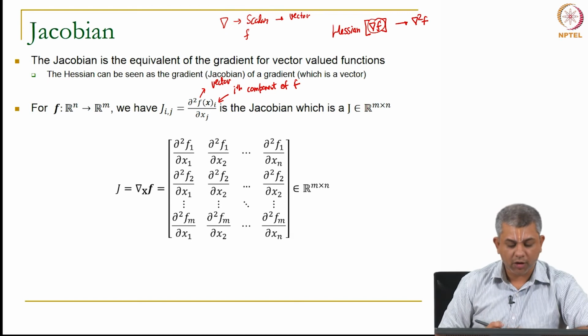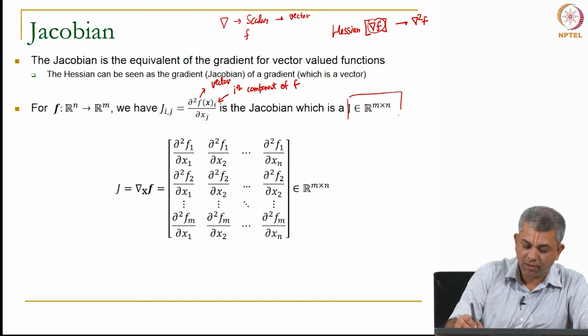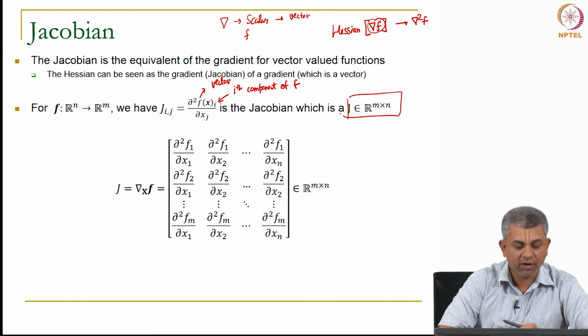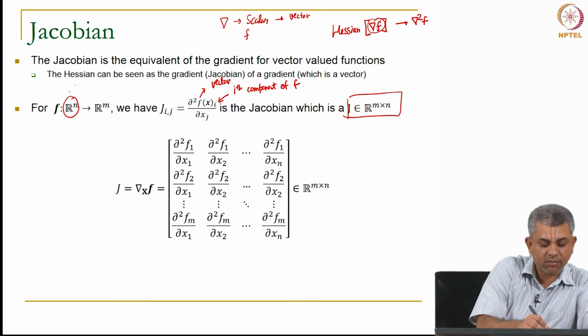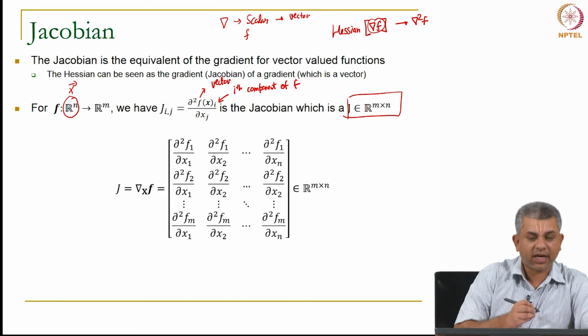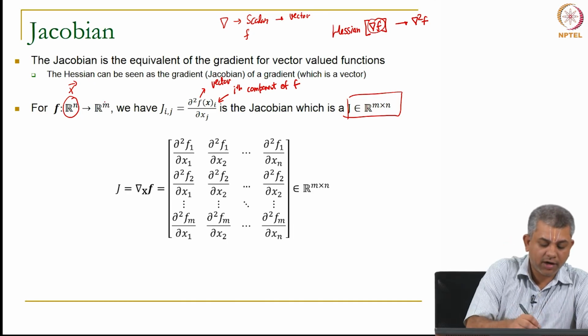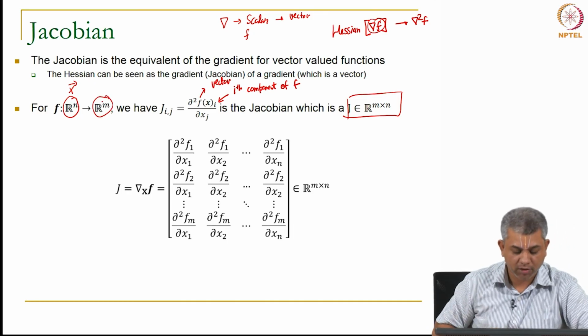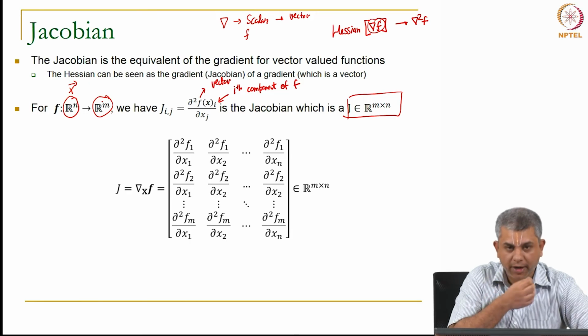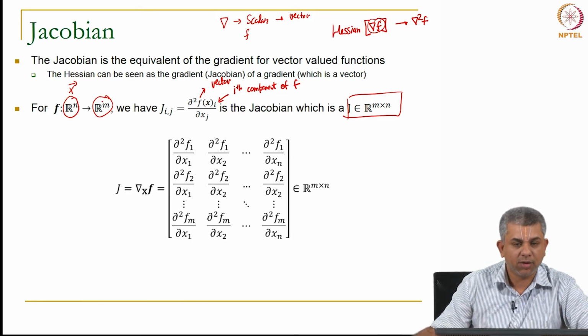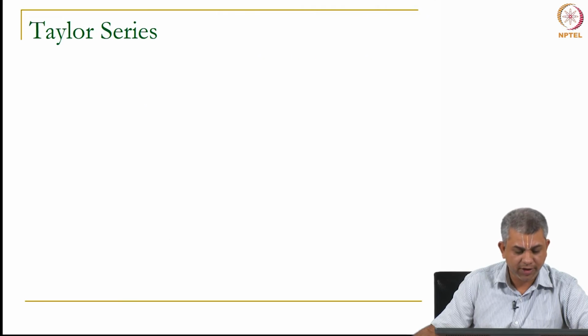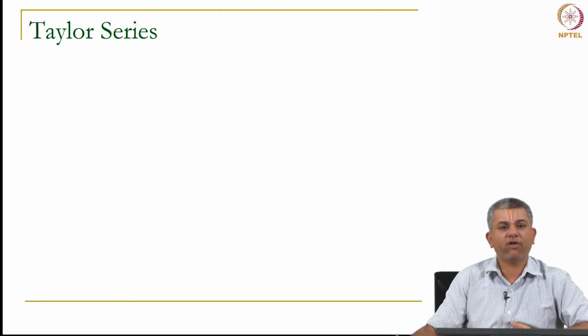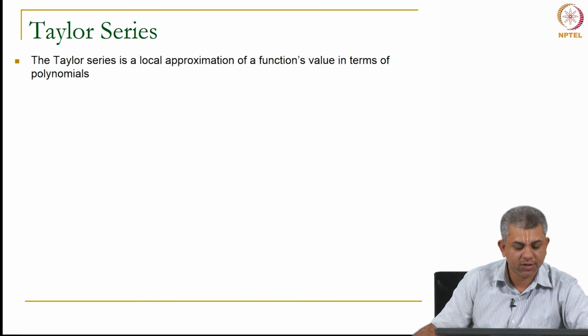So, in general, you are going to have a Jacobian, which is going to be m cross n, if it takes in a vector of size n cross 1 and gives out a vector which is m cross 1. Okay. So, you can write the whole of the Jacobian as a simple matrix. We will be using the Jacobian only very rarely, but some general expressions we will show in the next video. So, the final idea for this video is that of a Taylor series.